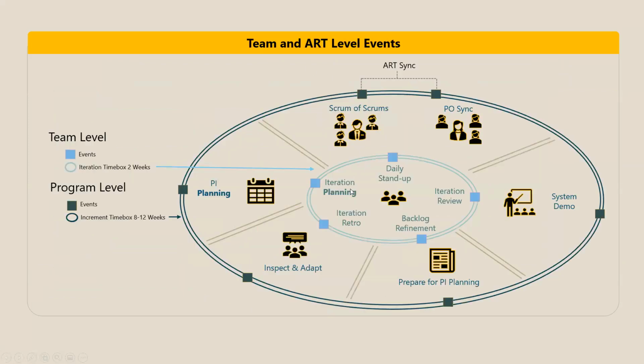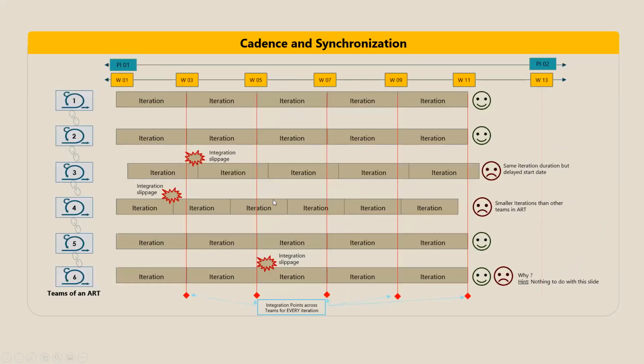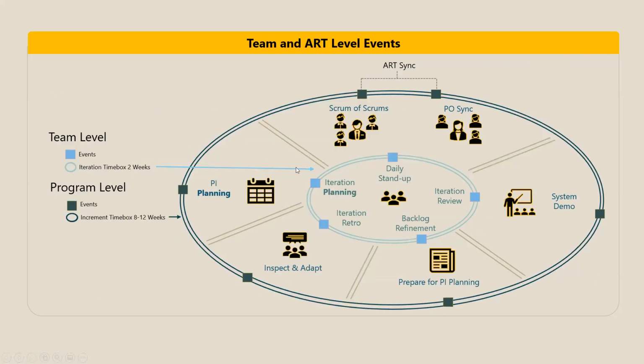Like we have team level events, what are ART level events, right? We have iteration planning, daily stand-up, iteration review, backlog refinement, and retrospective. These happen at all the 6 teams level. These are the cycles. All the events are happening here. But what are the events that are at a team of teams level, right? So when you look at it,